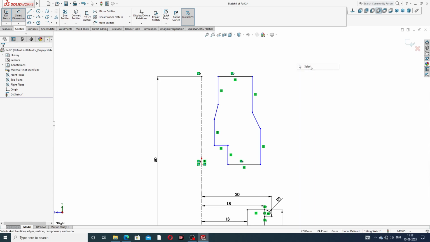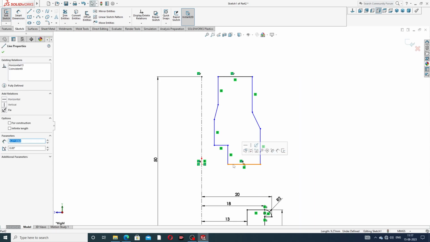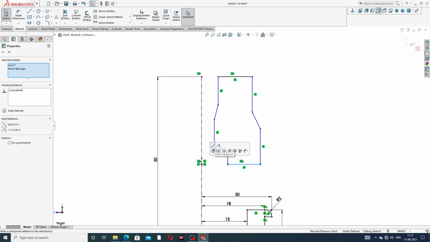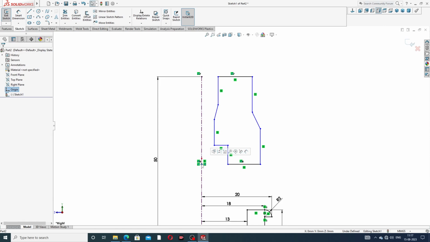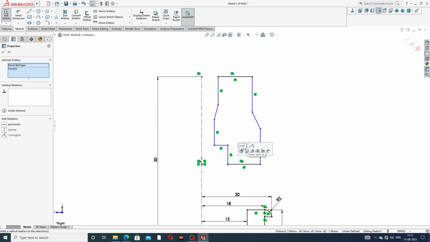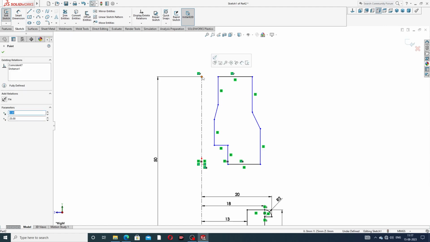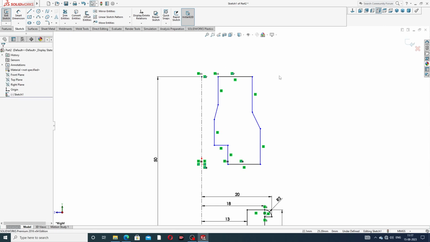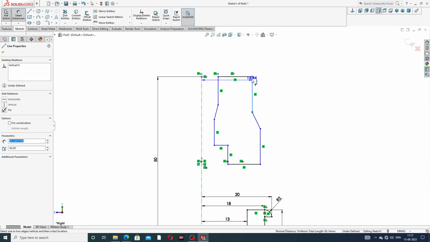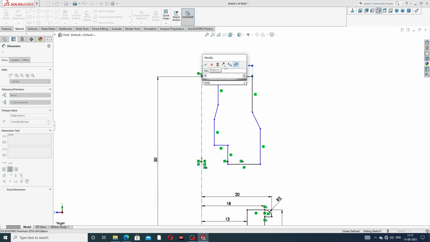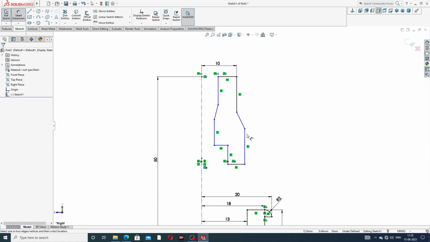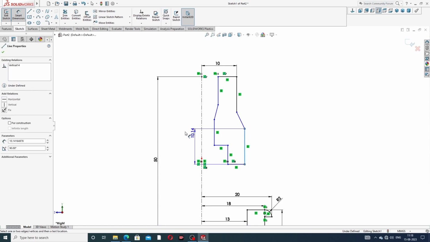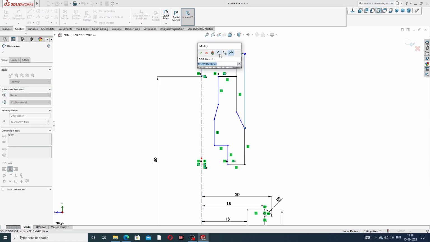At first, select this line. This point and this point are horizontal, and also this point and this point are horizontal. Okay, and align a dimension. Dimension is this. This is 10 millimeter. This to this is 10 millimeter, and also this dimension is 12 millimeter,